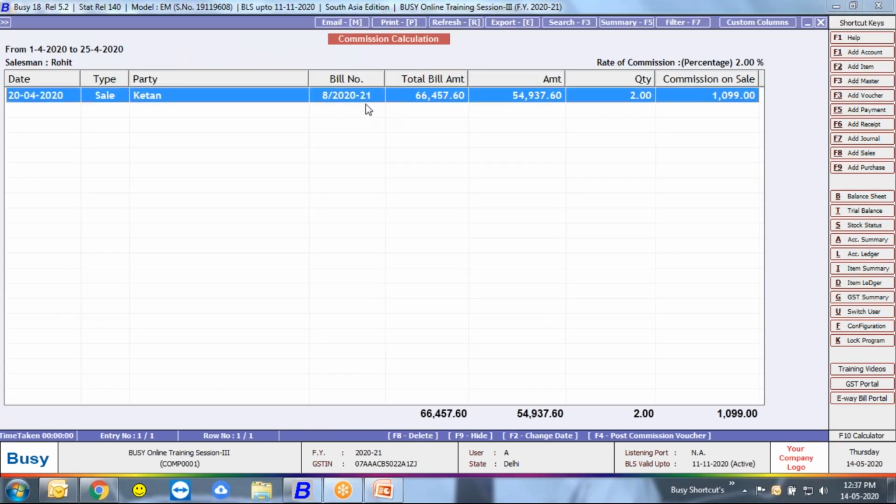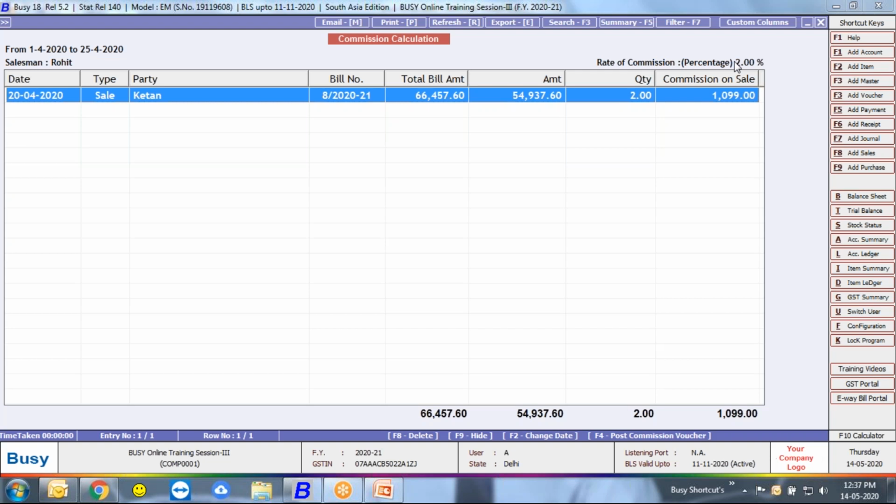As you see, the same invoice is presented in this report: total bill amount, quantity, commission on sale. So this is the base for commission calculation. The rate for commission calculation is also mentioned.